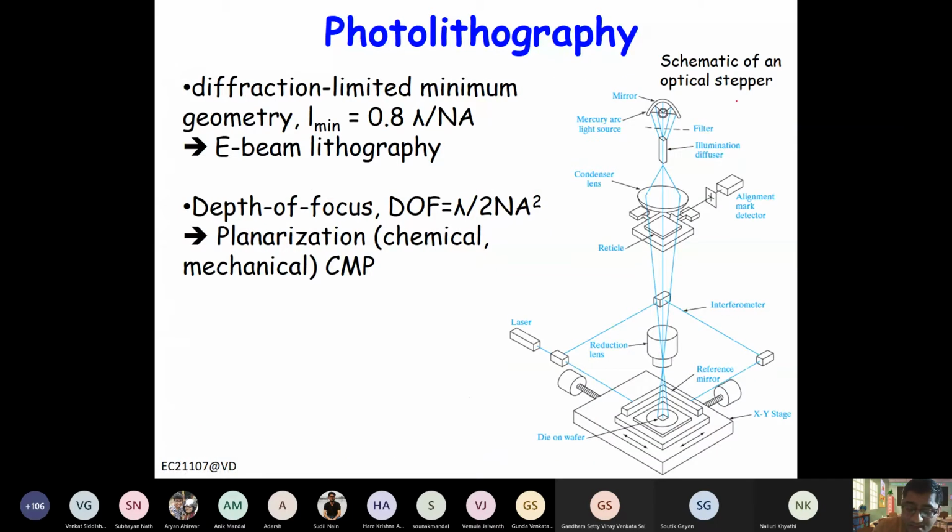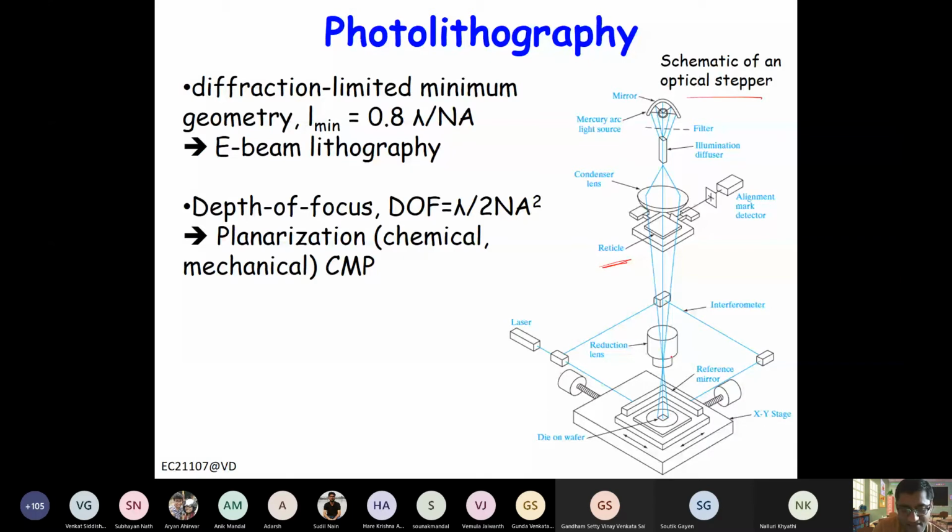Now this exposure of resist is done through a system, right? So if you see here, this is an optical stepper, where there is a light source here, right? And that light goes through these lenses, right? And these reticles are basically used for alignment, right? So proper alignment, and then they are basically focusing at a certain point. But when this light or electron beam focuses at a certain place on the wafer,